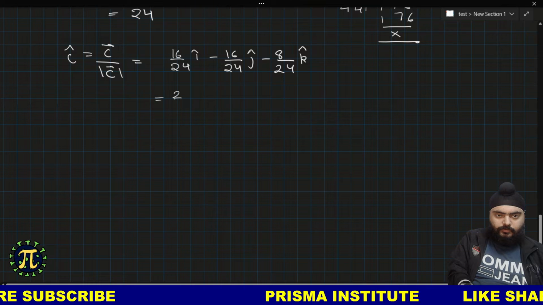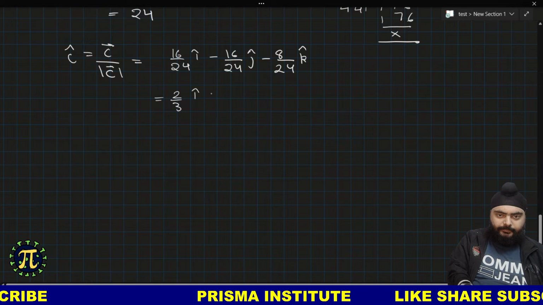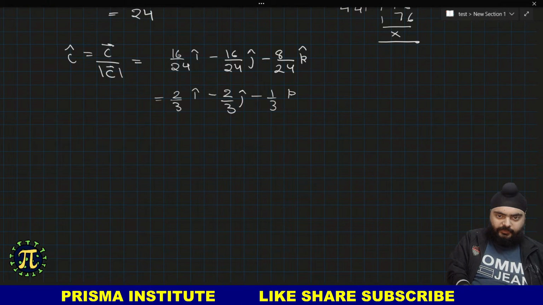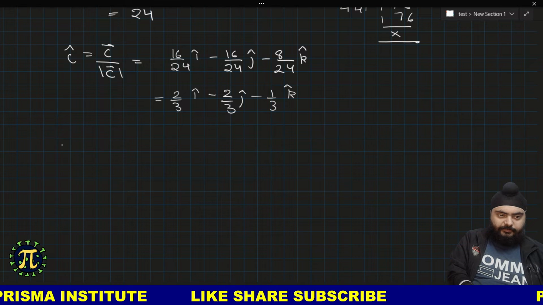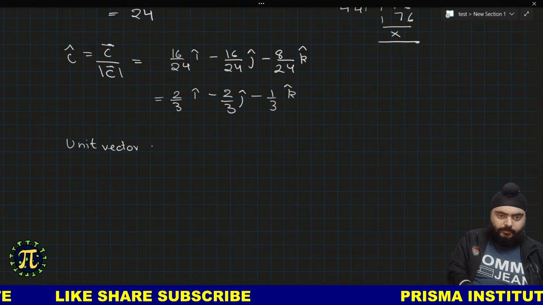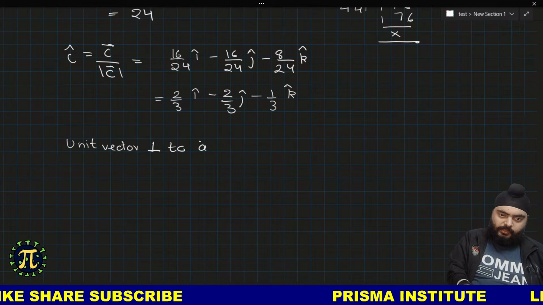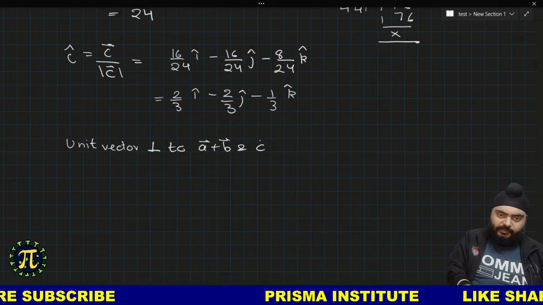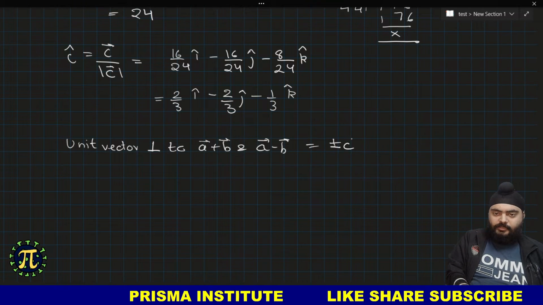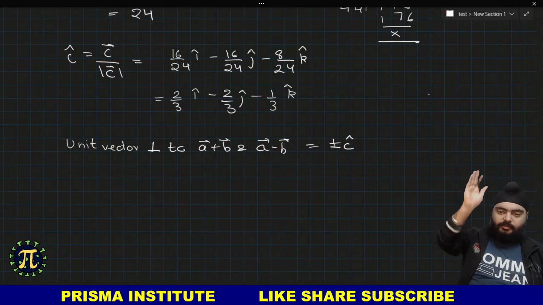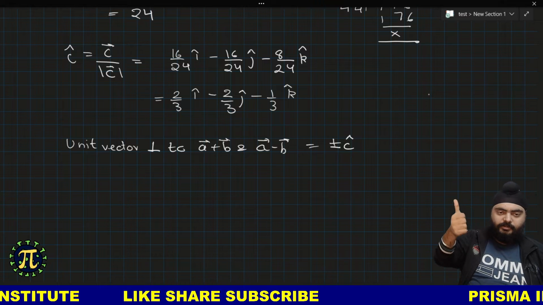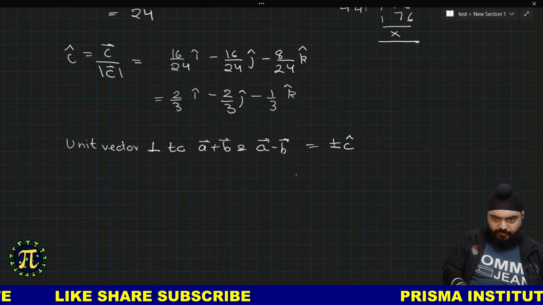Which is 2/3 of i cap minus 2/3 of j cap minus 1/3 of k cap. So I will define the unit vector perpendicular to A plus B and A minus B as plus minus C cap, because the direction can be in the direction of A plus B cross A minus B, or in the negative of that also. So our result is plus minus